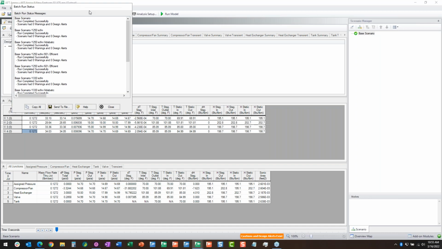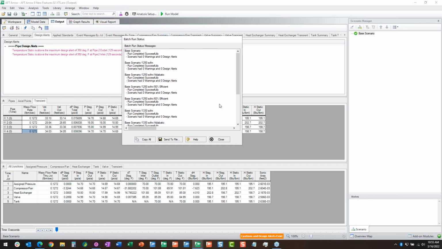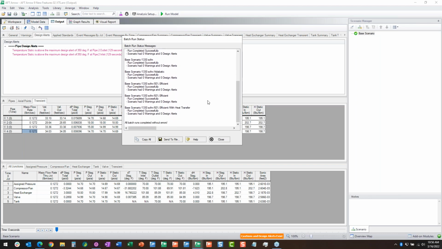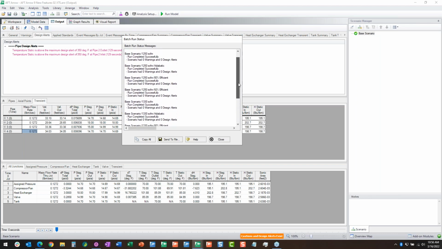Okay, so this batch run status. This would appear before, however, in Arrow 9, we've added a few new things to this particular window. What we've added is the ability to see the number of warnings and design alert violations that each scenario has. So we can scroll down and see, okay, I don't have any warnings or any design alerts for any of these